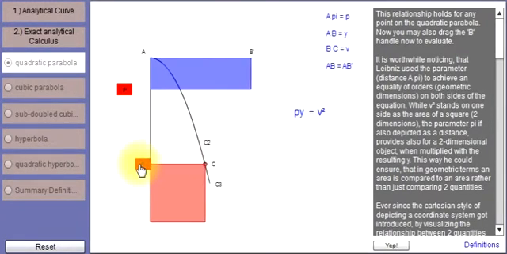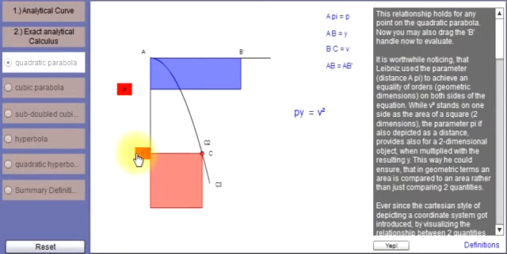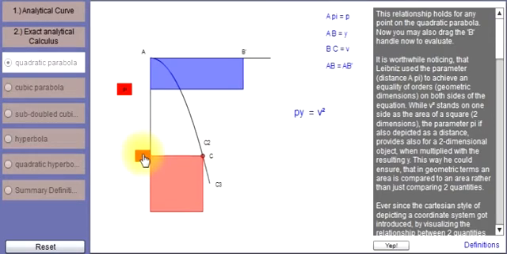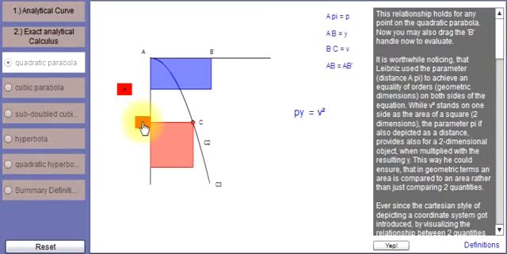This also changes when I change the location of the C point. And in any case, it is given due to the analytical expression that the area of the rectangle and this red square are always equal. And this is what needs to be considered, because, as I said, ever since the Cartesian style of depicting